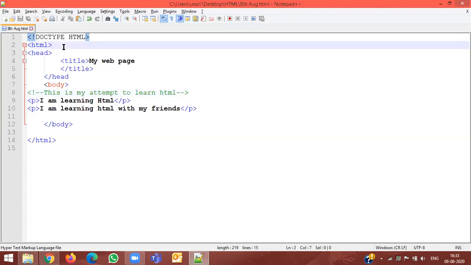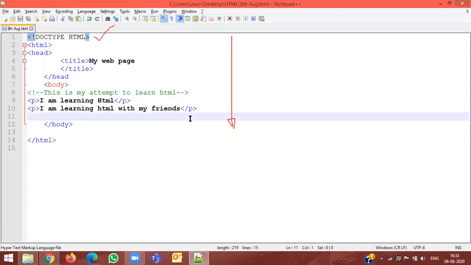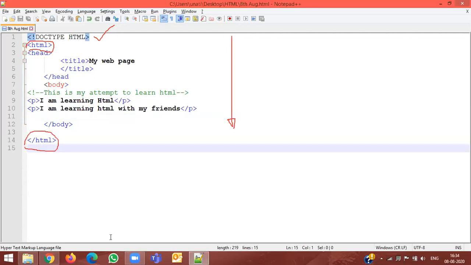When your browser is reading this particular file, it is going from top to bottom. When the browser reads it, it finds, oh, I have to work on the HTML file. This gives an indication to the browser that it has to open an HTML file. Then HTML is all about tags. So we have the very first tag, the HTML tag, the start of the file. If we have started the tag, then we will close the tag also. Over here, we are closing the tag. Then HTML has head and body.